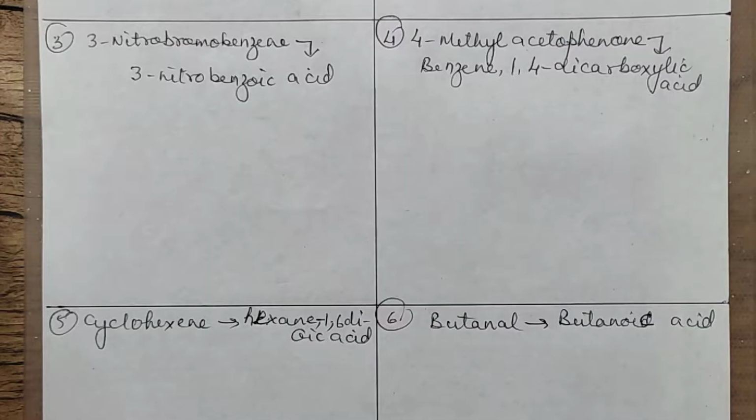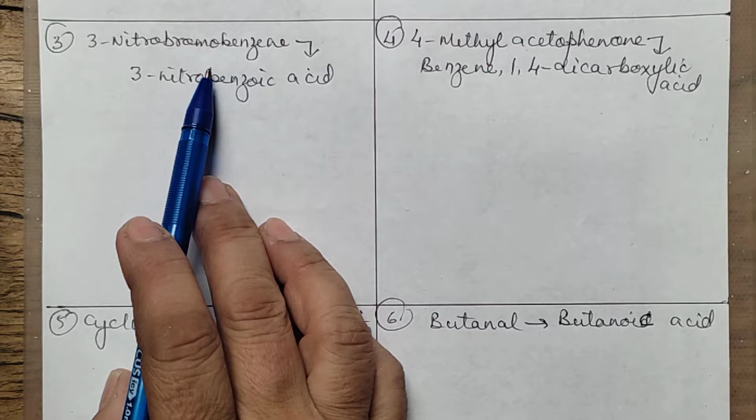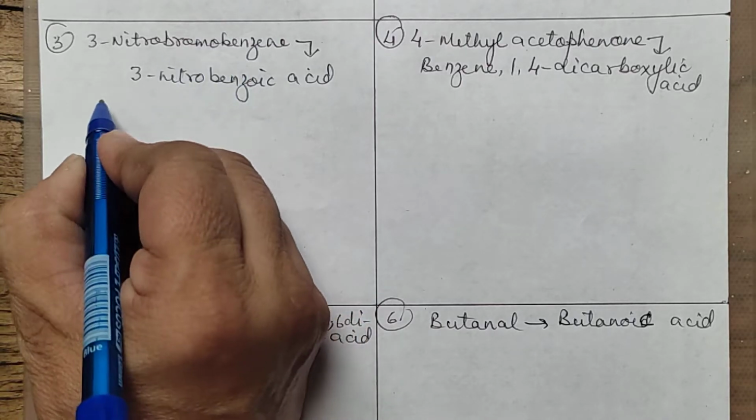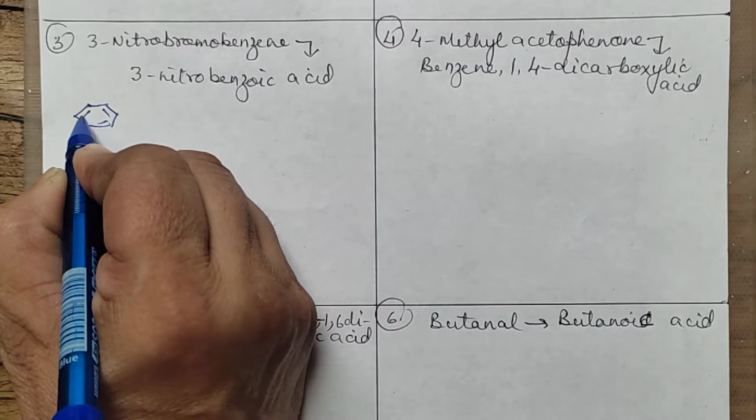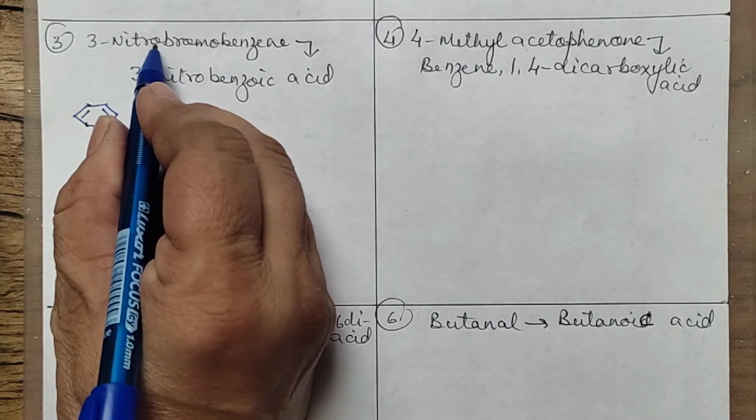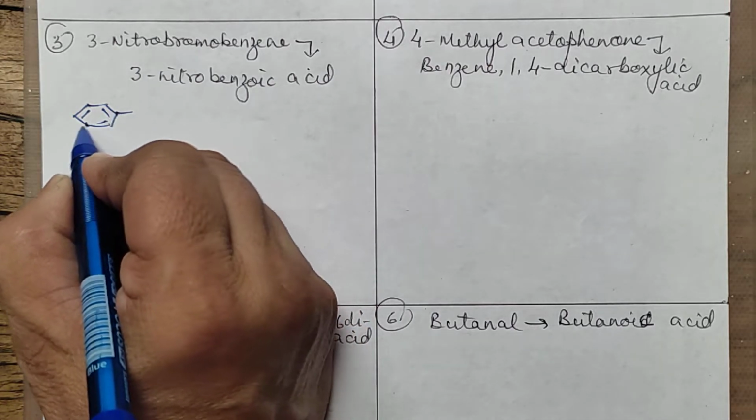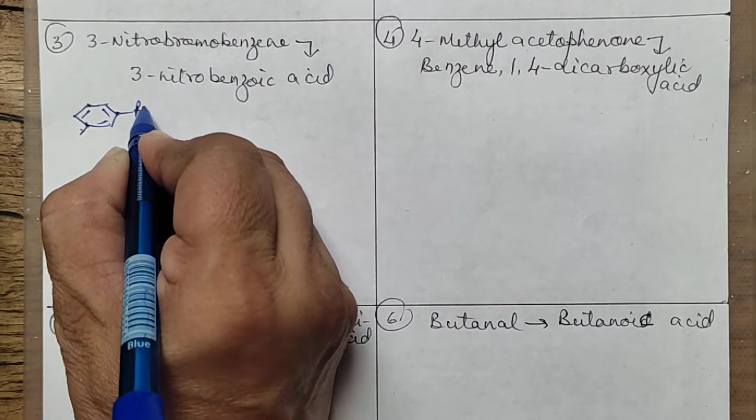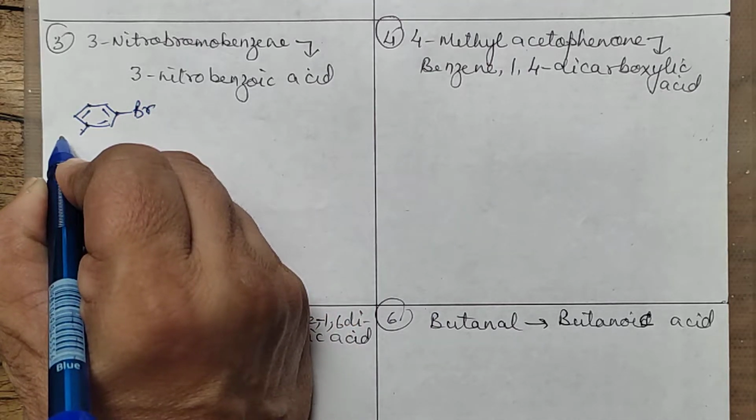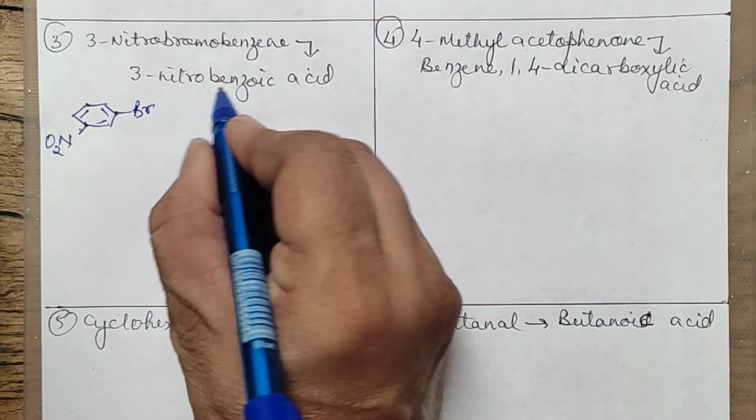Okay. We move on to the next conversion, which says 3-nitrobromobenzene. 3-nitrobromo means, we will say in benzene, bromo and nitro, 2 groups are present at 3 position, means 1 and 3. Okay, that means at meta position they are present. So we'll write Br here, and this is nitro group. Nitro group is attached here. Now we are converting this into